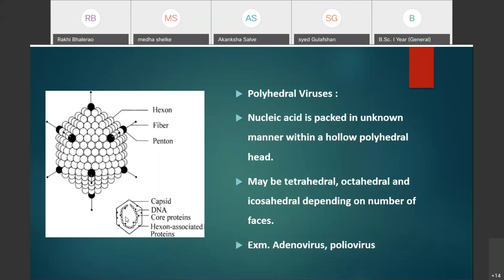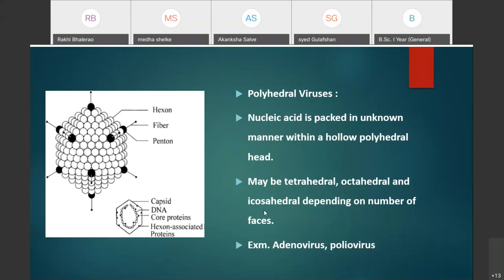The polyhedral viruses may be tetrahedral, octahedral, or icosahedral, depending upon the number of faces. For example, the icosahedral form has about